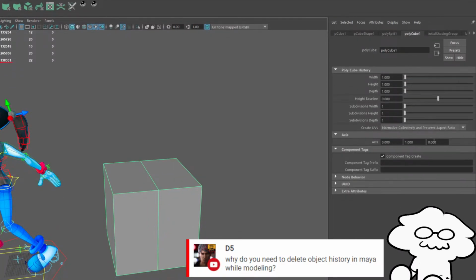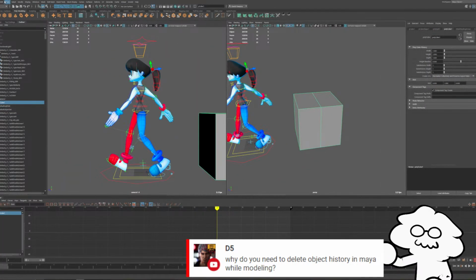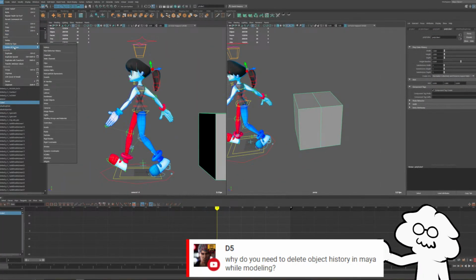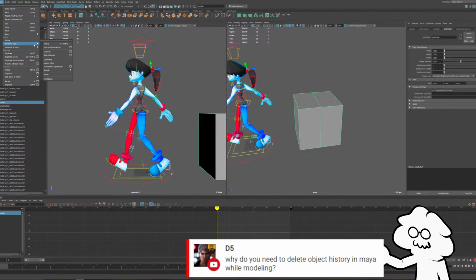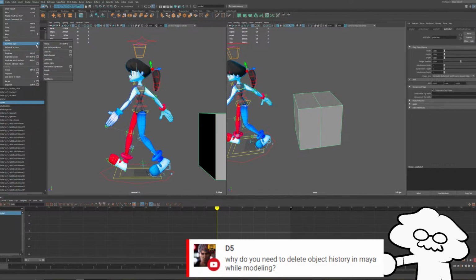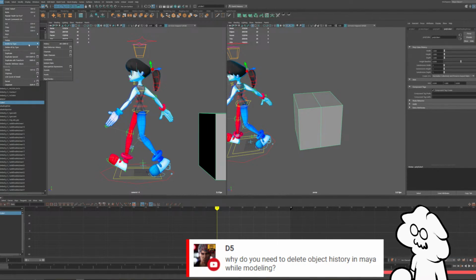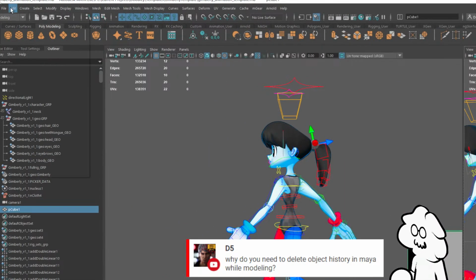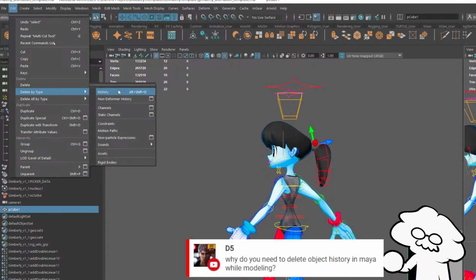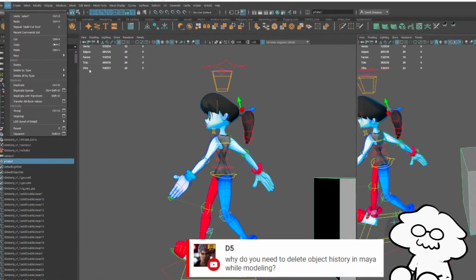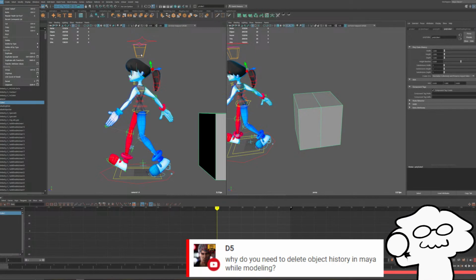That's history. And if I were to go up to edit, delete by type history with it selected, which would be preferable so you don't delete history that you need, then that would delete those nodes. It's kind of like an undo buffer, yes.